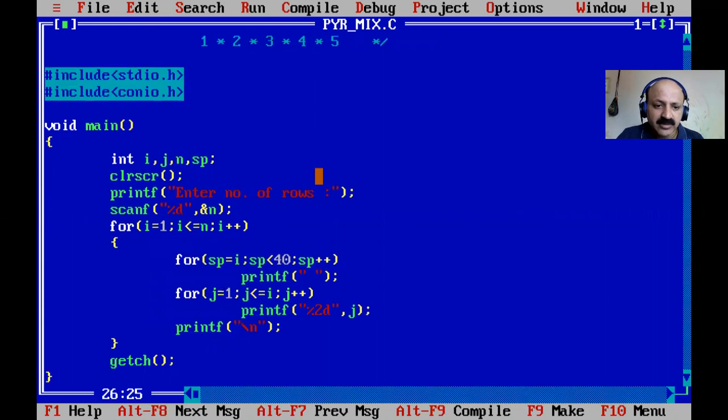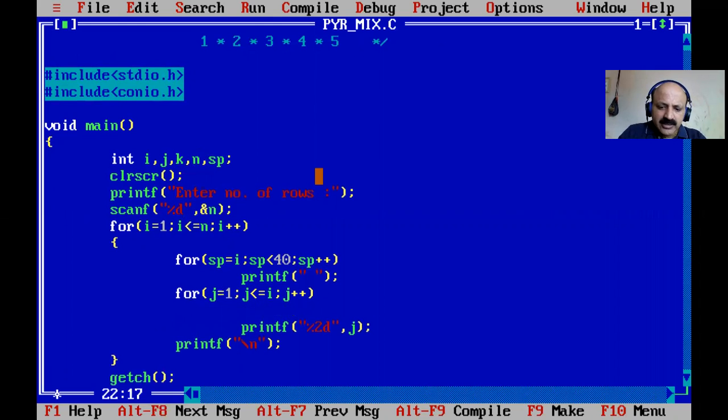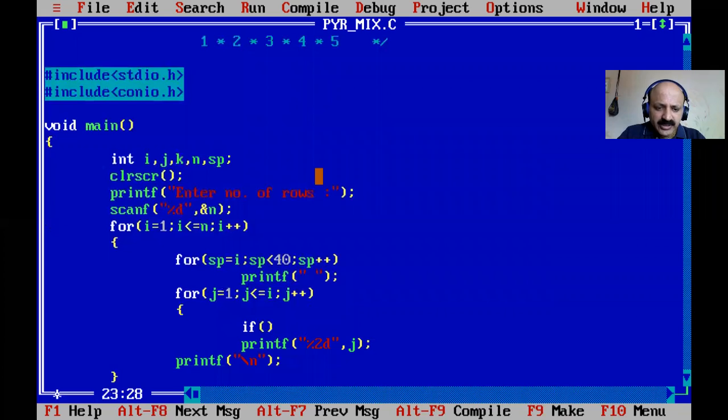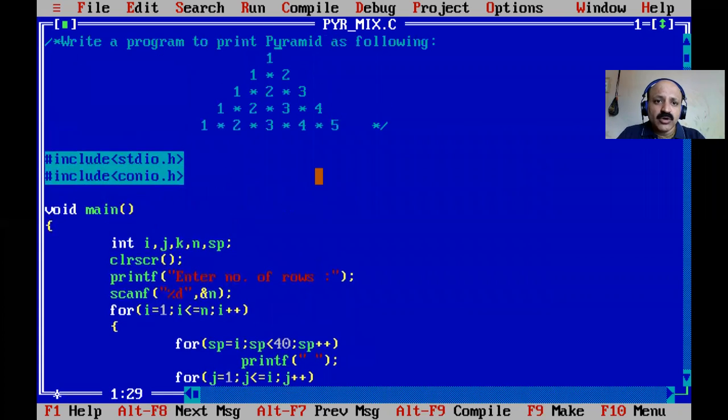So how can we provide it? First we take one variable, and that we can say is a. So I first give the idea: directly, here, first an if condition is required. Here you have to know whether the position is even or odd, since our asterisk is at the even positions, 2, 4.